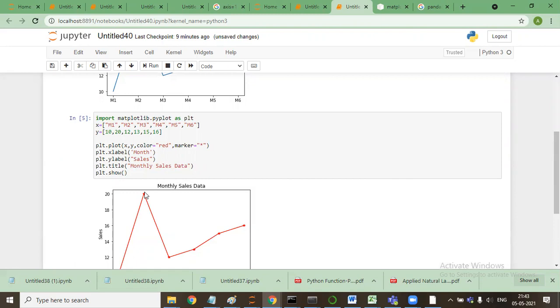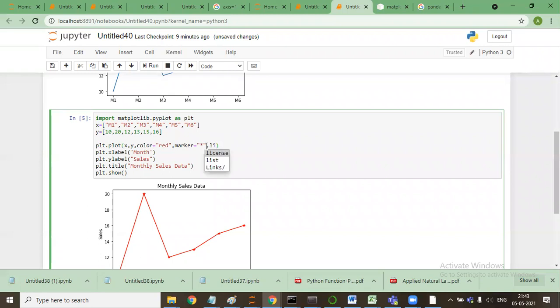You can try as many as you can, and they will come. You can say here you want to say line style is equal to